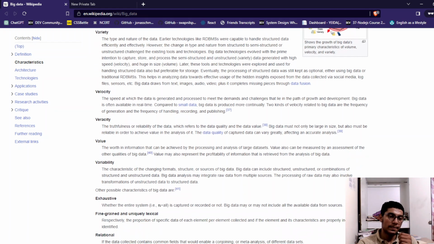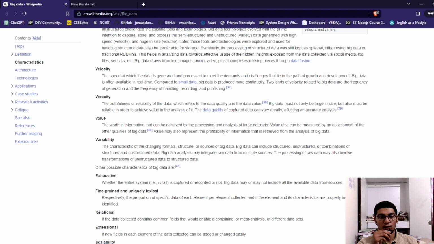Variability: the characteristic of changing format and structure of source data. Big data can include structured, unstructured, and combinations of structured and unstructured data. Analysis may integrate raw data from multiple sources. Processing of raw data may involve